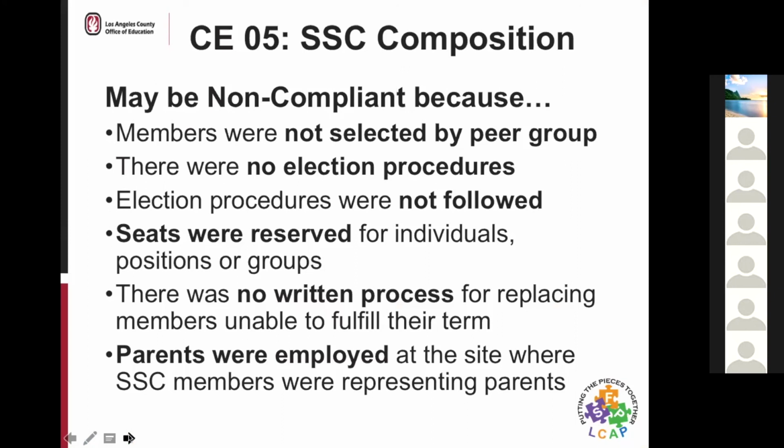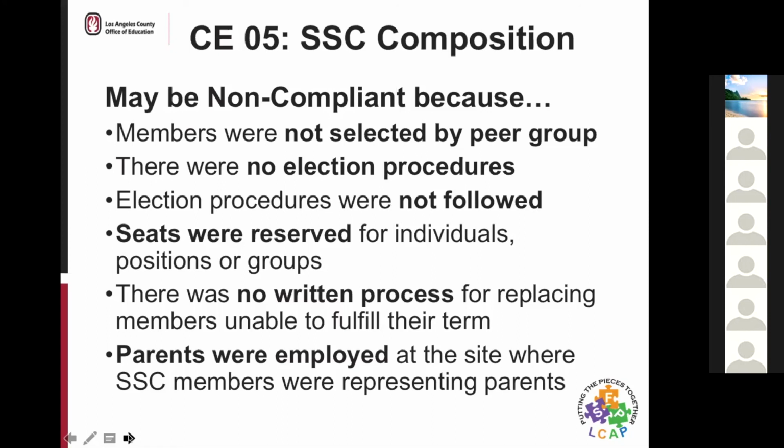There were also seats reserved for individuals, such as was mentioned before, if there was documentation showing that it had to be a GPA, that would not be allowable. If there's any documentation like that, you would be found non-compliant. And also that there was no written process for replacing members who were unable to fulfill their term.